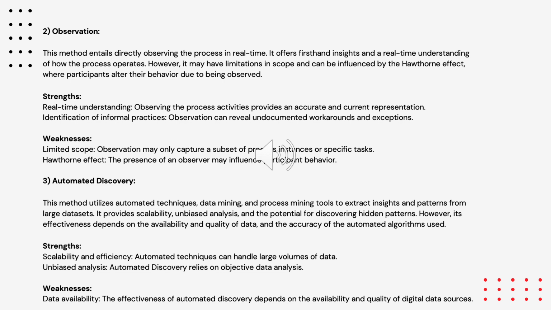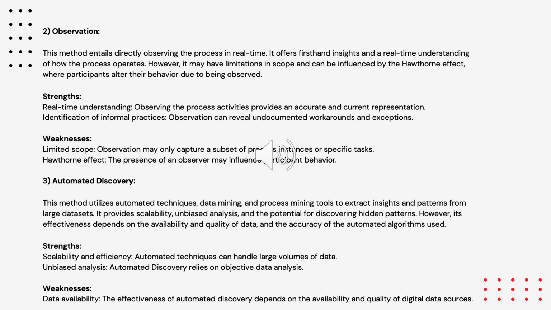In this slide, we're going to discuss the remaining two key methods. They are observation and automated discovery. In observation, this method entails directly observing the process in real time. It offers first-hand insights and a real-time understanding of how the process operates. However, it may have limitations in scope and can be influenced by the Hawthorne effect, where participants alter their behavior due to being observed. The strengths here are the real-time understanding, where observing the process or activities provides